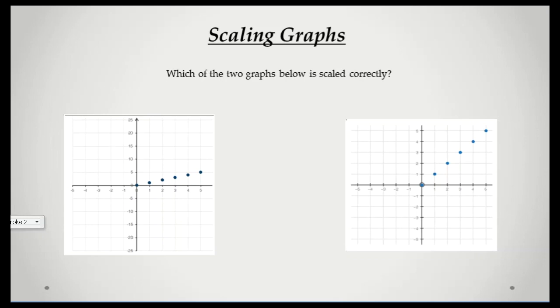And in this case, we're going to look at two different graphs here, and one of these is better than the other with how they're representing the data. So they're both actually showing the same data, but one of the graphs does a better job of spacing everything out so that you can get a better picture of the scenario. Sometimes, depending on how you graph data, the graphs can be a little bit misleading if you don't properly scale your axis. So in this one, if we look at this right here,